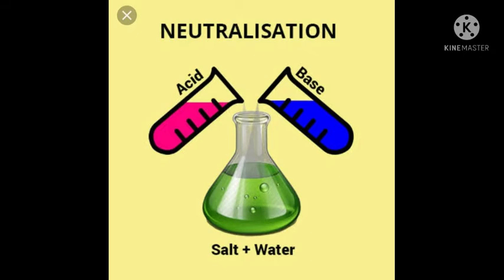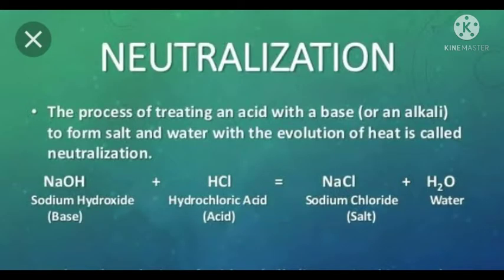Got that? The process in which the base is cancelling the effect of an acid, or vice versa, the acid is cancelling the effect of a base, is known as a neutralization reaction. During this process, some new substances are formed which are neither acidic nor basic. Such substances are called neutral substances. So in the reaction between an acid and a base, new substances are formed which are neutral in nature. That is why that reaction is known as a neutralization reaction.